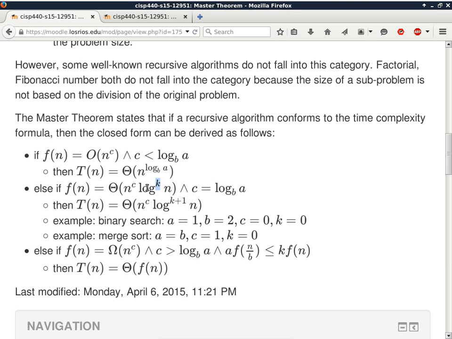Yeah, no, it's log to the k plus 1. Log of n is log k plus 1. Oh, okay. That's right. Well, that's the final algorithm complexity. So k is 0 here. But at each level, k is 0. So you apply 0 times of log on n, you get 1. You get a constant, right? Okay. So that's how we fit into this category, and that's how we solve for the time complexity.